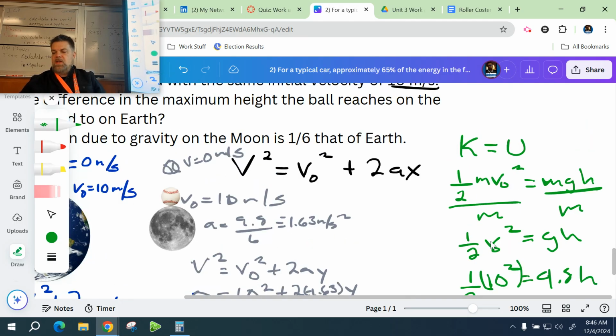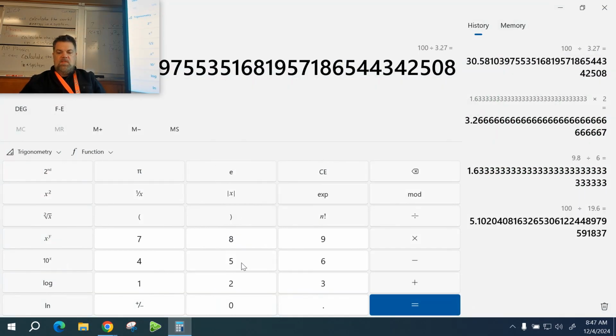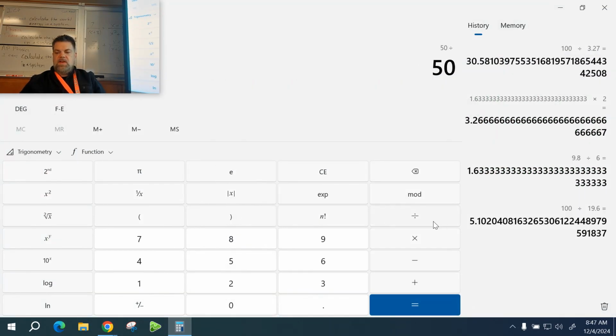What's 1/2 of 100? 50. So this would be 50 is equal to 9.8, right? Then I would divide by 9.8 on both sides. Guess what that is? If I say 50 divided by 9.8,